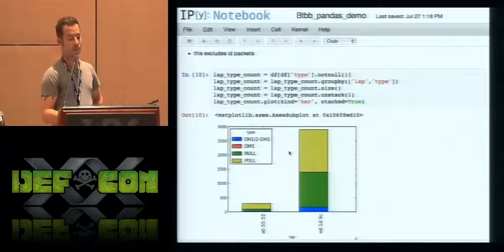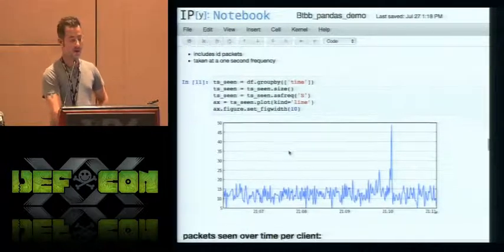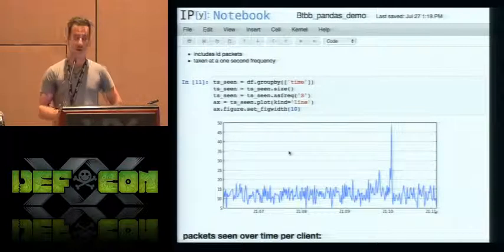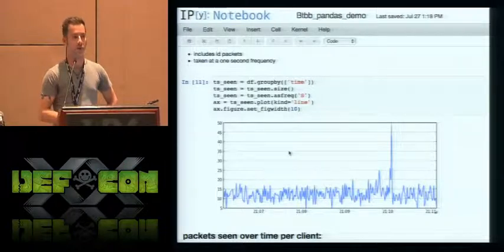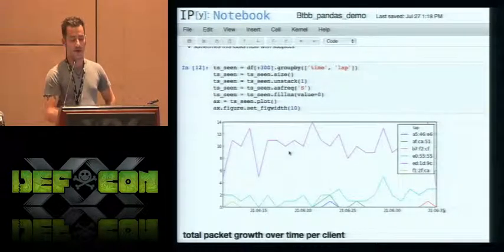Here I'm just showing, per LAP, the packet types we saw for each one. And I'm actually running out of time, so I'm going to sum this up. I can also do a lot of really cool time series stuff on this, so if I'm running this packet capture overnight, I can see at midnight I saw this big spike of traffic or whatever. We can break this out a lot of different ways, per client or per LAP,